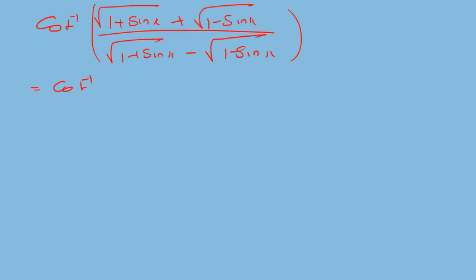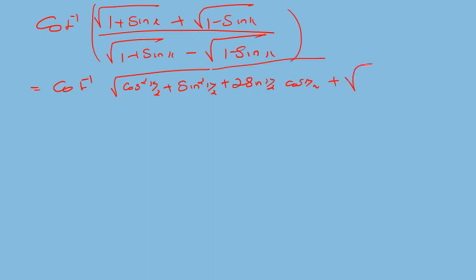How to write 1 plus sin x? Root of cos squared x by 2 plus sine squared x by 2 plus 2 sin x by 2 cos x by 2,